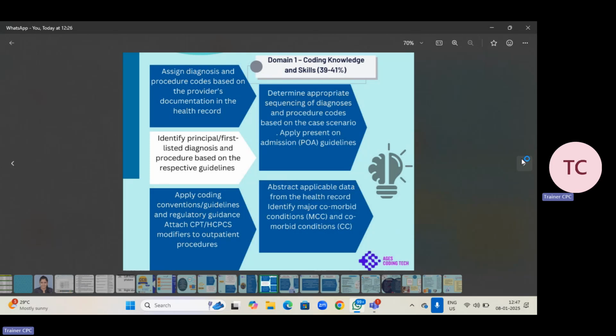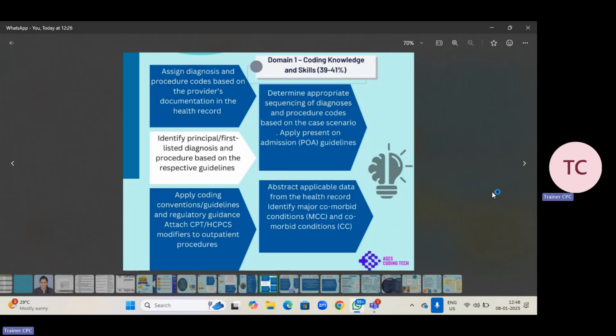So they'll be giving a scenario. You have to make use of the ICD book to take the correct ICD code, and you need to use the PCS book to take the correct procedure code. Whereas if it is an outpatient case study, you will be using the CPT book to take the procedure code. Then if needed, we need to use appropriate modifiers with the CPT code. So this is how questions will be framed, nearly 39